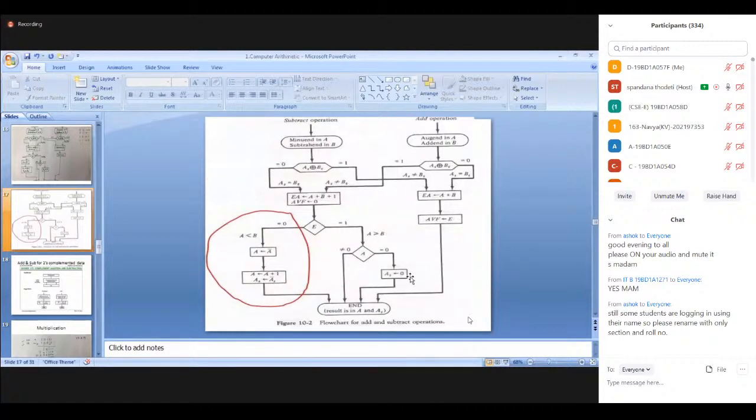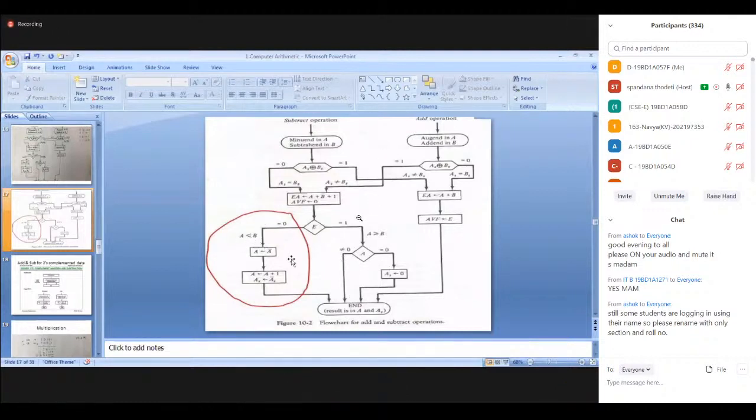If A is equal to B, A minus B is always 0. If A and B both are equal, and you perform a subtraction operation, the result is always 0. For 0, you have only a positive number. So set the AS value to 0. Next, if the A value is not equal to 0, it indicates that A is greater than B. A is greater than B means it is always a positive number. Now, if E equal to 0, then A is less than B.